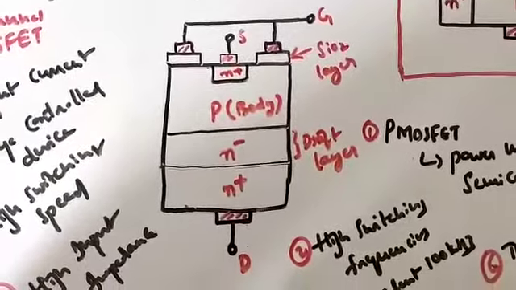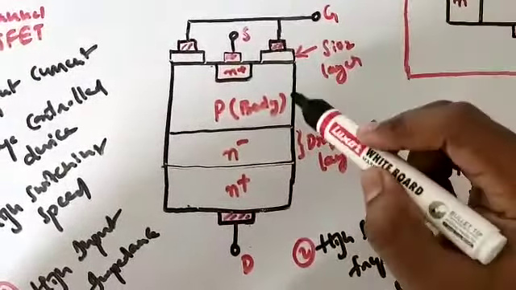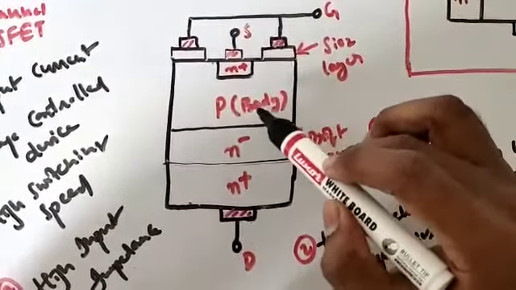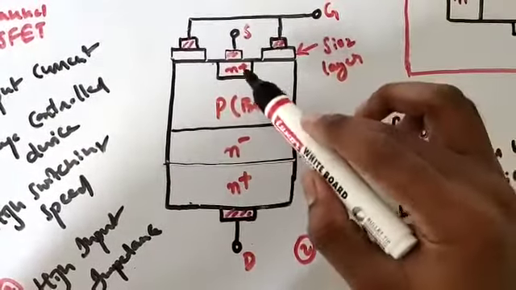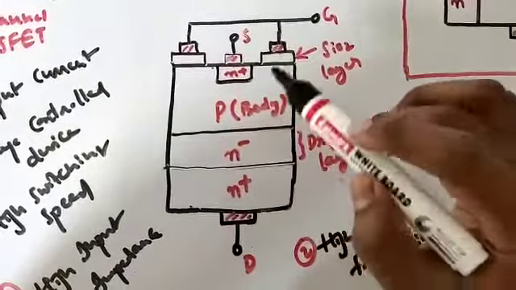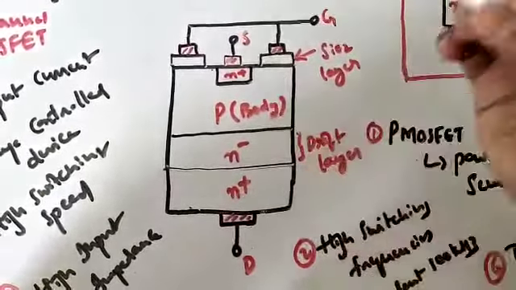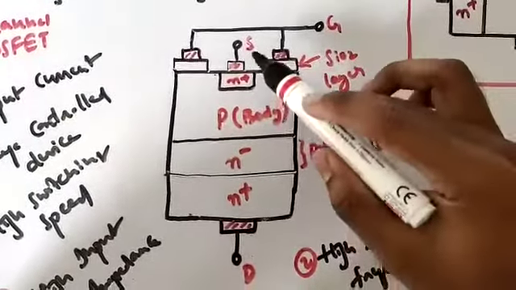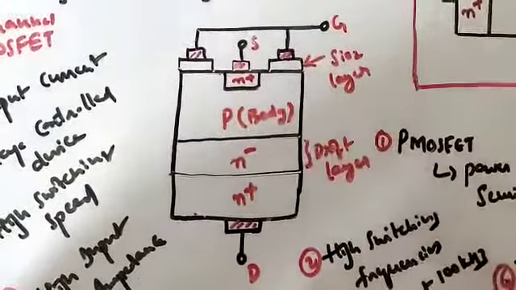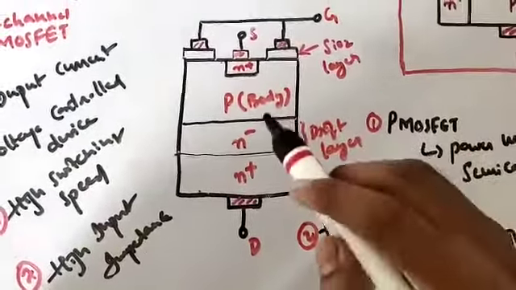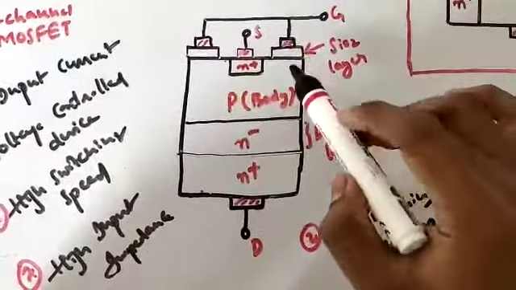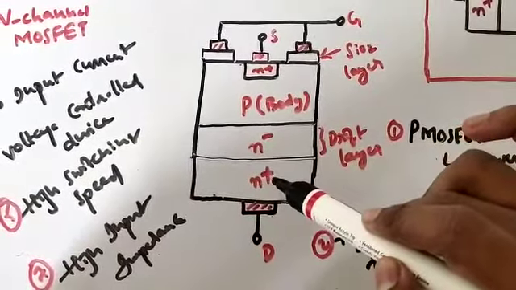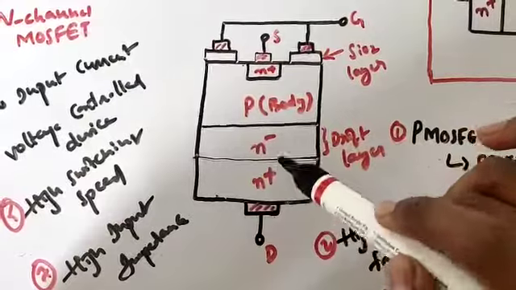See, if you come across the structure of this power MOSFET, it has N plus. This is the P layer. We can call it the body, and this is N plus, and this is N plus. That means what? The source and the drain, right? The source and the drain have been attached to the N plus layers. Coming to the structure of this MOSFET, the source and the drain have been connected to the N plus regions. N plus means highly doped, right?